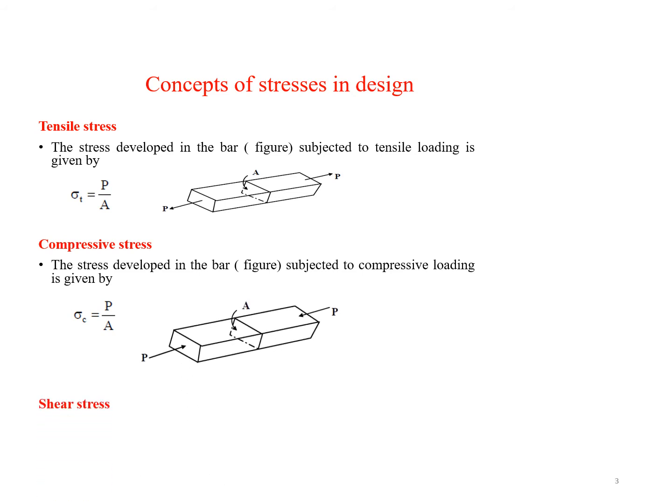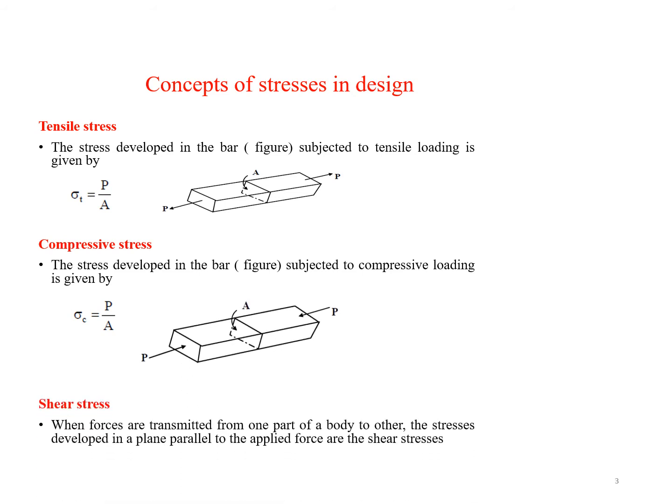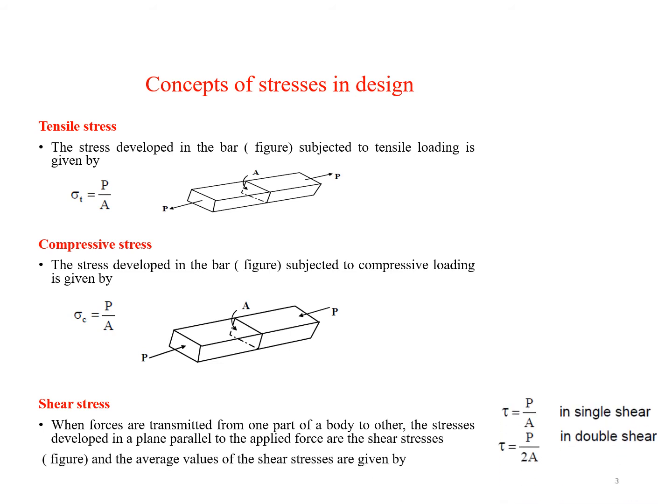Shear stress is the one which is developed in a plane parallel to the applied forces. Shear stresses are given by the equation tau is equal to P by A in case of single shear, which refers to the rivets used in the joints. Tau is equal to P by 2A when it is in double shear. So you can see here the single shear and the double shear in the joints of